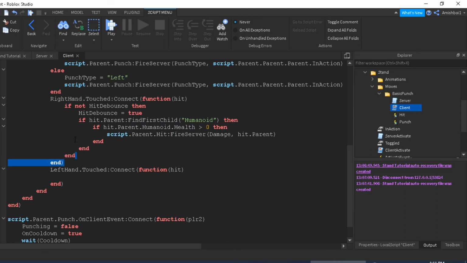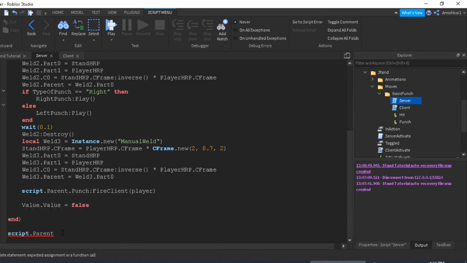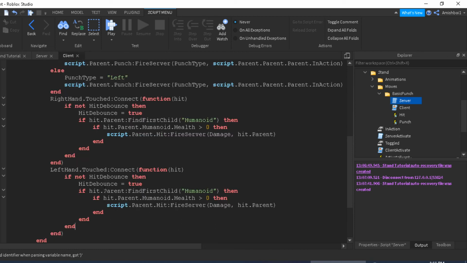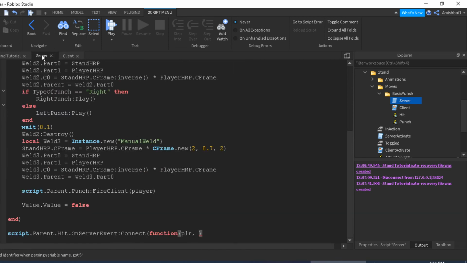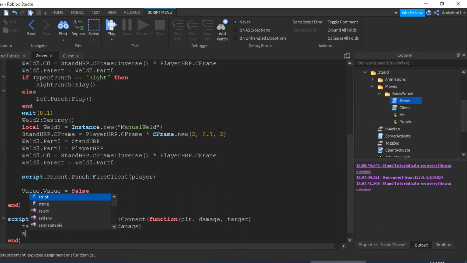And then we do the same thing for the left hand. Parent dot hit dot on server event connect function player. Yeah, so player target damage. No, player damage. Target. So target dot humanoid take damage, and then script dot parent dot hit